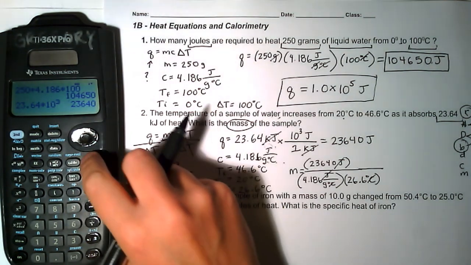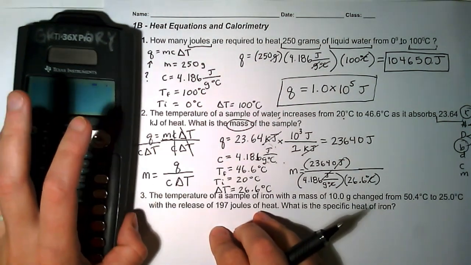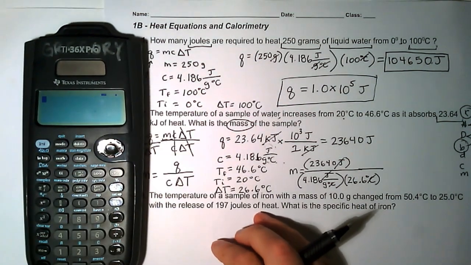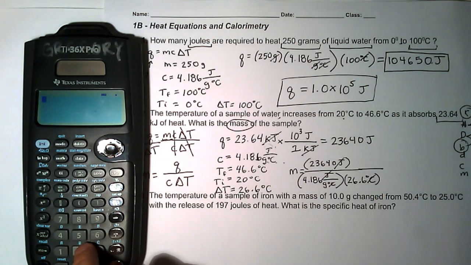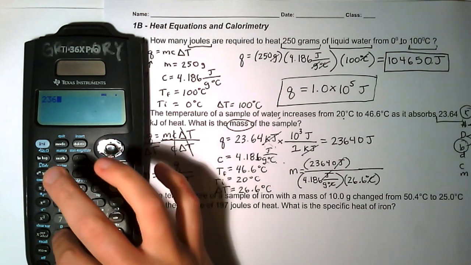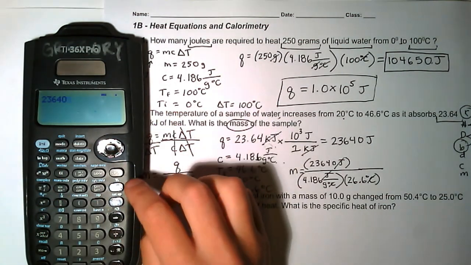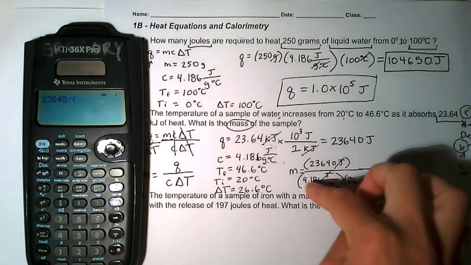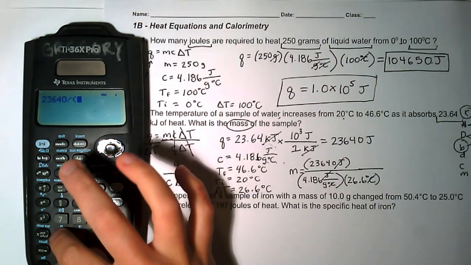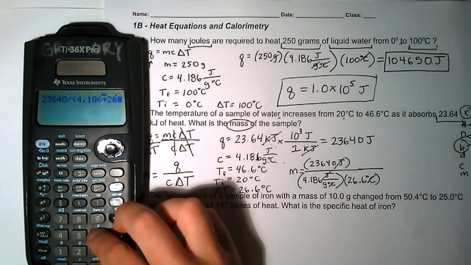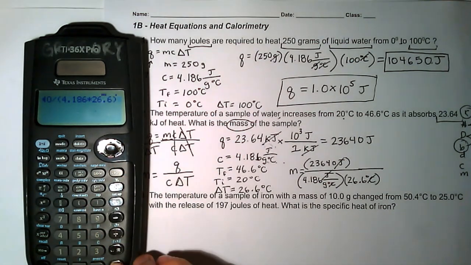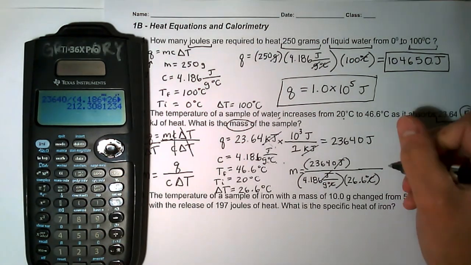So let's plug this into our calculator. I always like to substitute and put the top in first and then divide by everything on the bottom. So 23640 divided by, and I'm going to put my denominator in parentheses, 4.186 times 26.6. Close my parentheses, hit enter. And that gives me